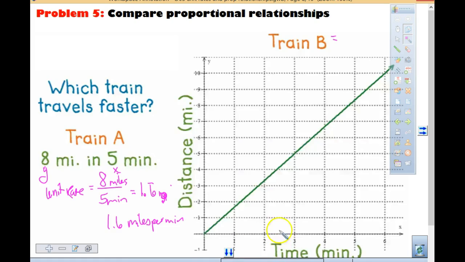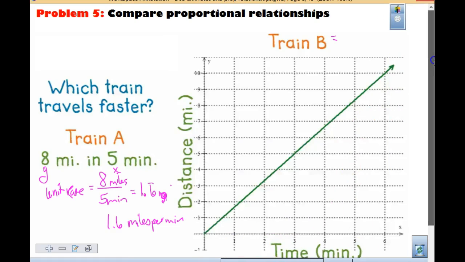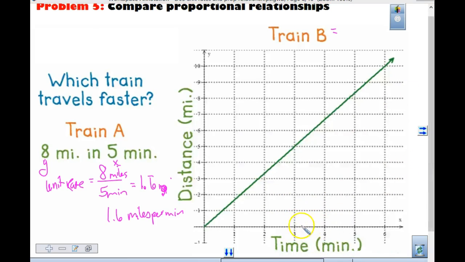Sam, if I'm looking at train B, you got a nice point that we could use? We're looking at that. 36. How much? 36. Sam, what do you got for me? 10 is 1, right? 2 is not great. Is 3 good? Yeah. 3 is good. The other one that would be pretty good would be 6, right? I don't care which one of those 2 you want to use. Sam, which one? 3. So we're going to have 3, 5,